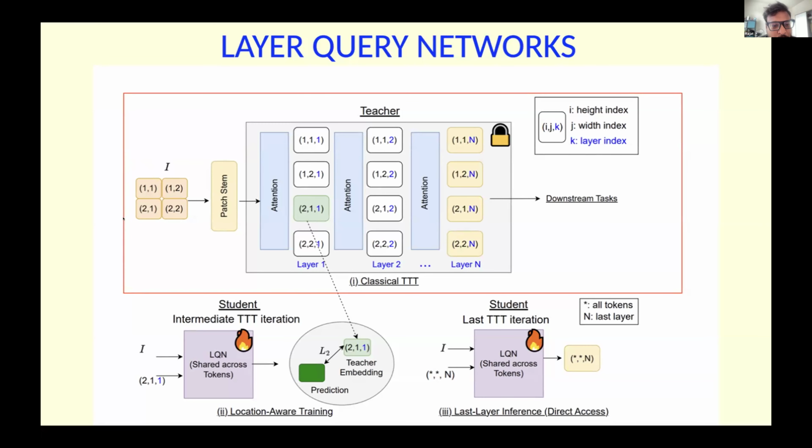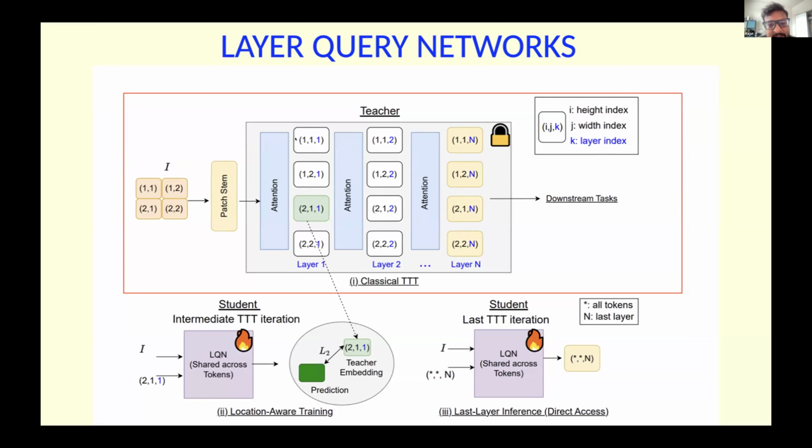So let's say you have an input image that consists of 4 patches, and this is a standard transformer. It consists of these attention layers. Now, these 4 tokens will be converted into 4 patches, right? Each of these tokens is one of the features of the teacher for this particular image. So what you want to do is distill all these tokens into a student.